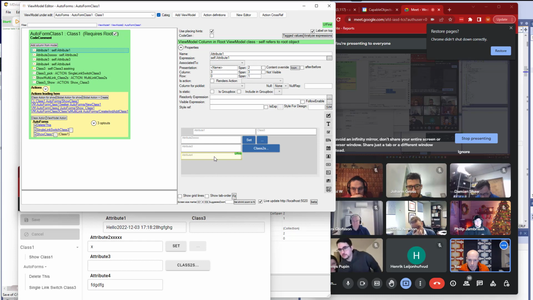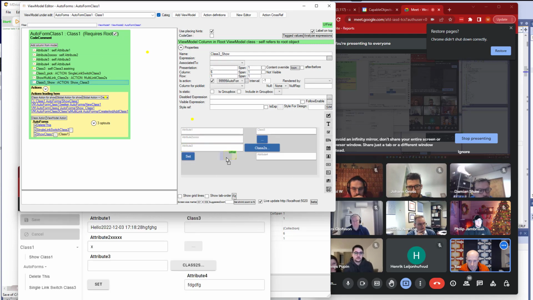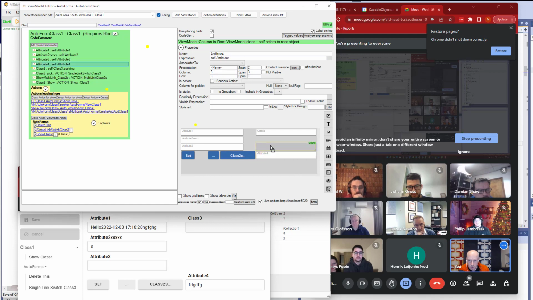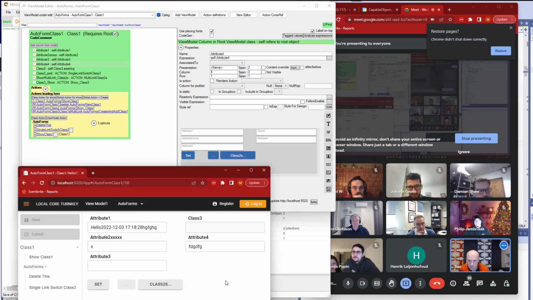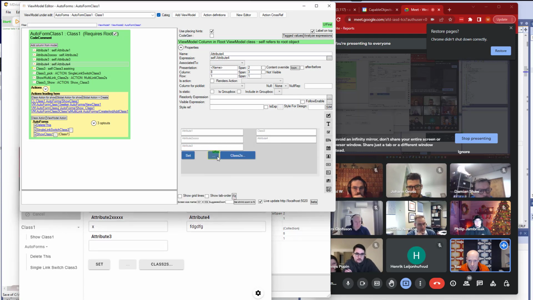And if we do that, whenever we change something here, we get immediate feedback from the running application. So that's one of the new things that comes from this ability, an injection of